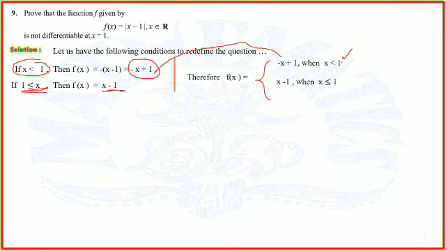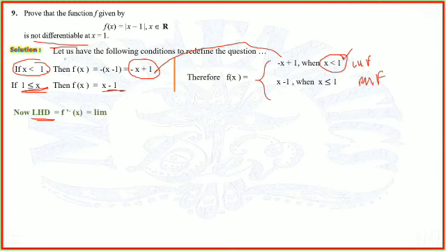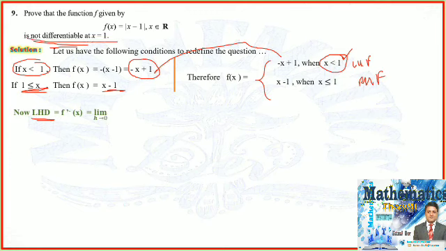So now you have the left hand function and the right hand function. This is the left hand function and this is the right hand function. So you need to put these values of the function in the coming formula. Now the left hand derivative, not the left hand limit. Now we are proving differentiability. We have to prove that this function is not differentiable. So the left hand